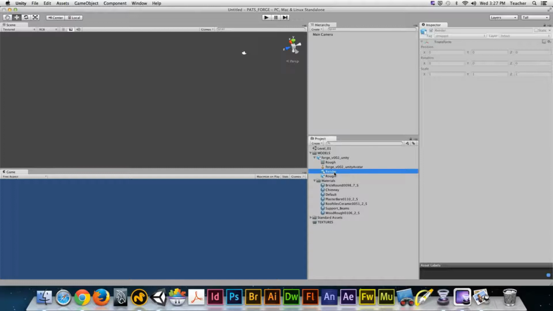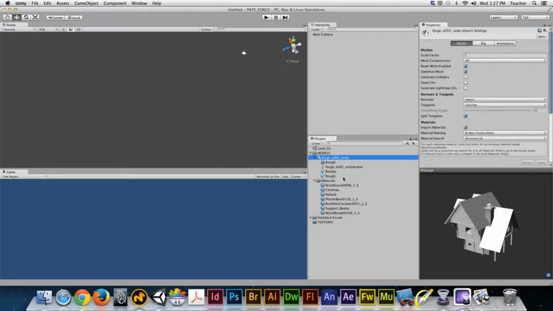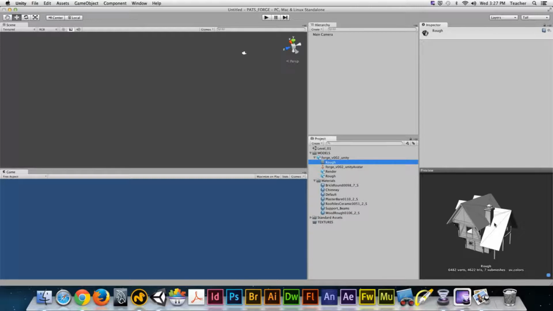All right. So a couple different things here. We have to kind of start to analyze how Unity is working with all these model files, because it's going to come in with a couple different assets here, or a couple different levels that we have to manage locally inside the app itself. Okay, check it out. We have the mesh itself, and this is just purely geometry. But there's an association that we made over in Modo between the geometry and the materials, right? We selected some polygons, we assigned them their own material group, and we made a relationship between those two different levels, right? Well, the item that I currently have selected within my scene, the one that's called rough, is only